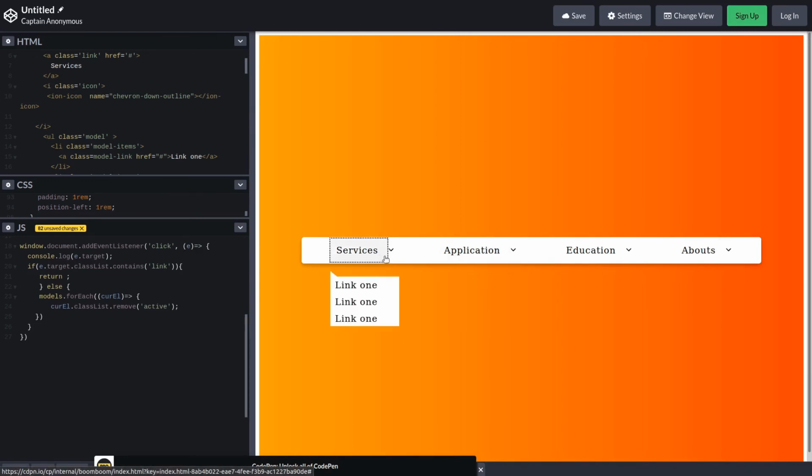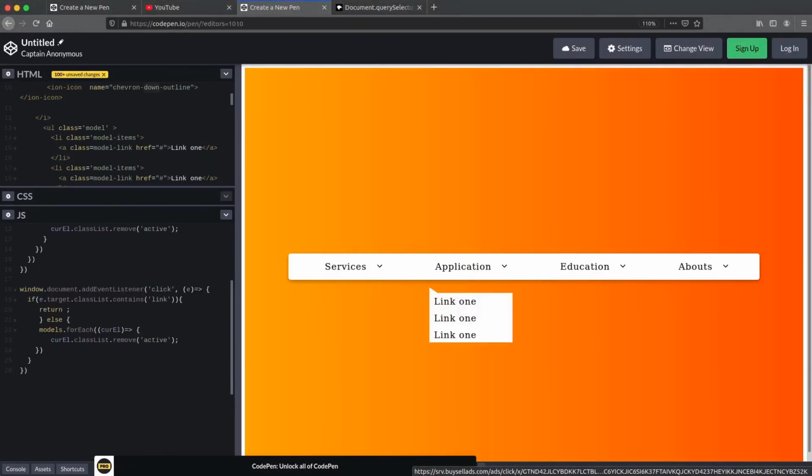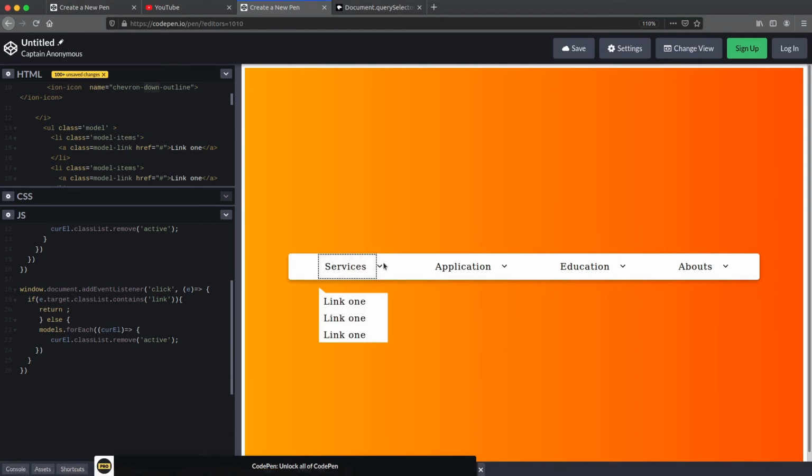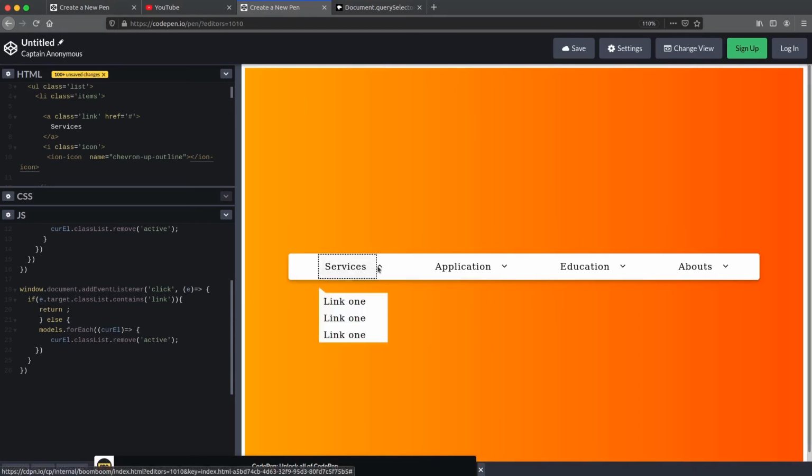Now let's toggle this small icon. Okay, now let's start working on this small icon. In active state, it should be pointing in the up direction. Now it's pointing downward, but in active state it should be pointing up. Like if I change this attribute in HTML, the name attribute from down to up, then it should be pointing up, like here. As you can see, it's now pointing in the up direction. So do this in JavaScript.